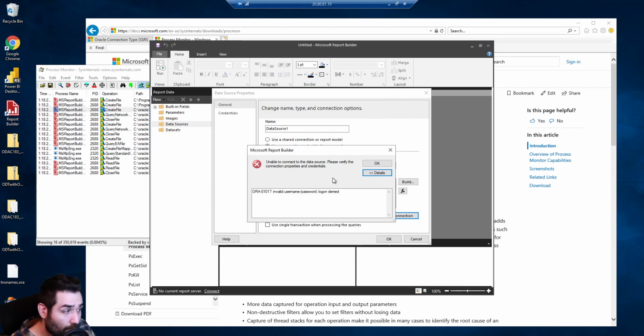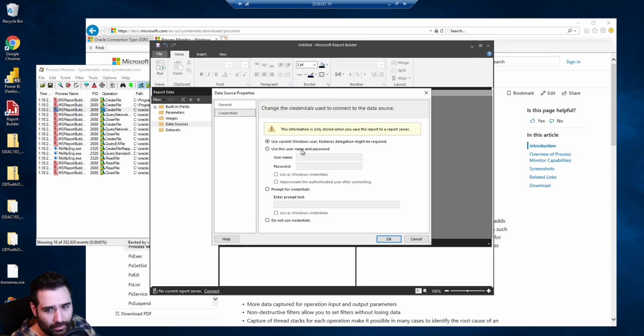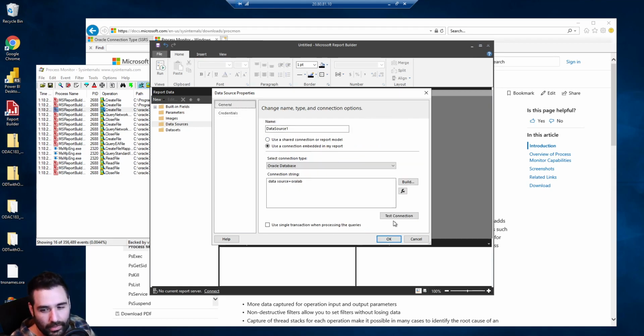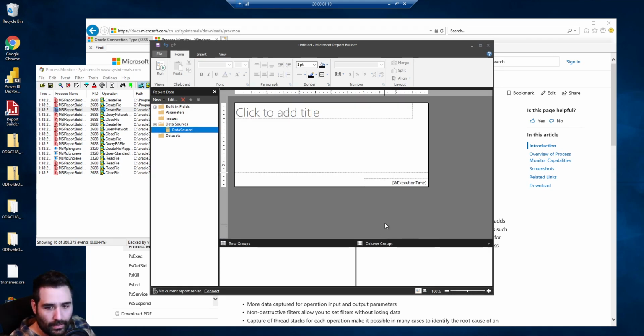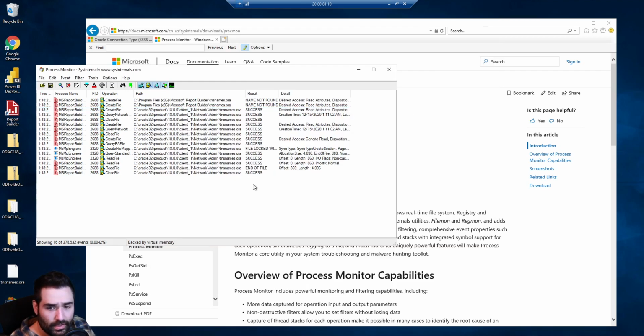Oh, and well, it worked kind of, except that I forgot to put in a password. So I'm just going to put in a quick password here. This is the worst password ever, but it is just a Docker container, so I'm not too worried. And there you go, successful. So I'm going to go ahead and exit this,